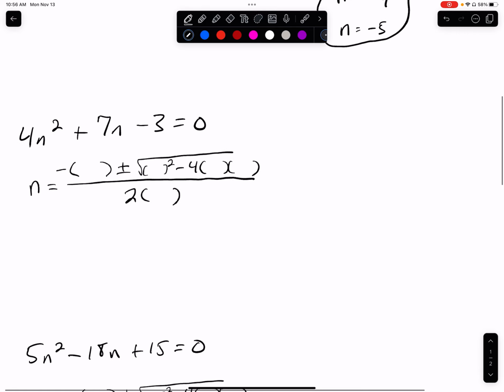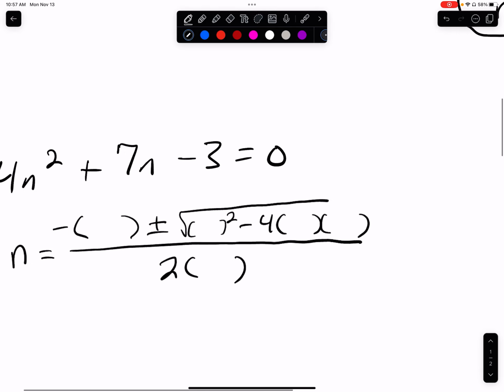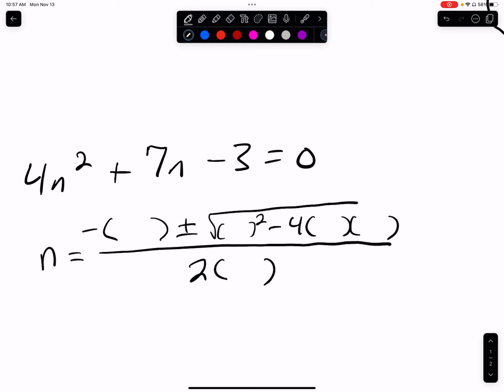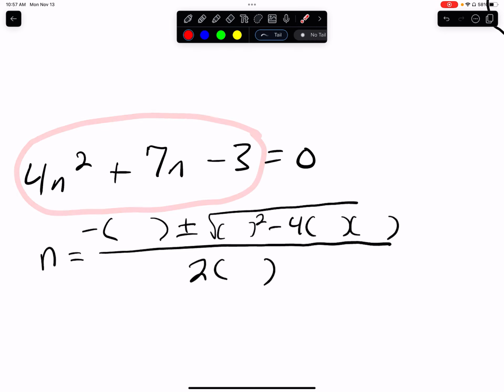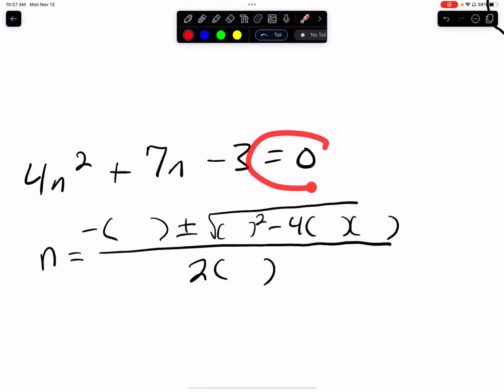Okay, so now if we move on to something like this, I've got 4n squared plus 7n minus 3 is equal to 0. I could probably think about, well, can I use the AC method here? I'm not really sure. Maybe you're going to run into it. Okay, it's equal to 0, so we're in good shape. So let's just go ahead and use the quadratic formula,